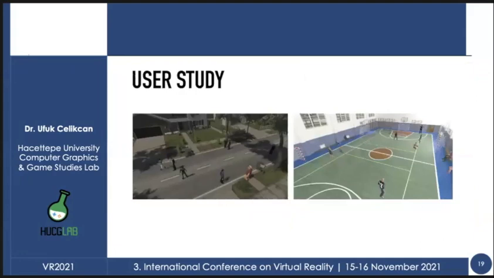We conducted a user study to evaluate our method with pairwise comparisons in two scenes against the default stereoscopic rendering settings of the HMD. For this, we used two different configurations. In one configuration, the subjects evaluated our approach with a preset depth layout that we created for that scene. And in the second configuration, they evaluated our approach with respect to the default setting with a self-authored depth layout that they themselves created.